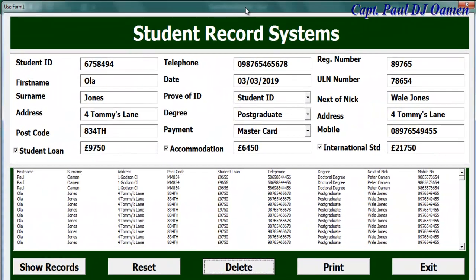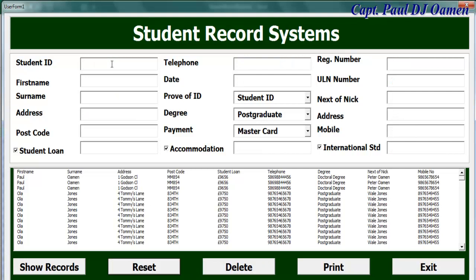As you notice, I deleted Tony Montana, so I'm going to reset, and let's enter data of another student. Let's call this student Tony JJ Montana. Address of JJ Montana, let's say number 47 Yorkway,